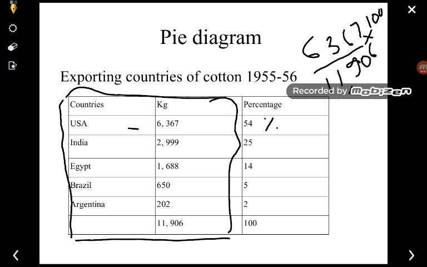Similarly, you have to calculate it for India, that is 2999 divided by 11,906 into 100 will give you the percentage, that will be 25%. Next, similarly, you have to calculate it for Egypt, that is 1688 divided by 11,906 into 100 will give you the percentage. So once the value is converted into percentage,